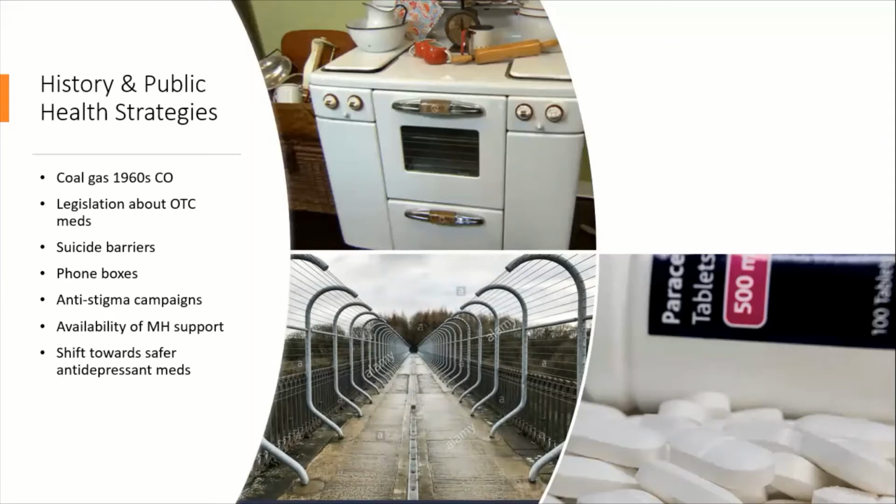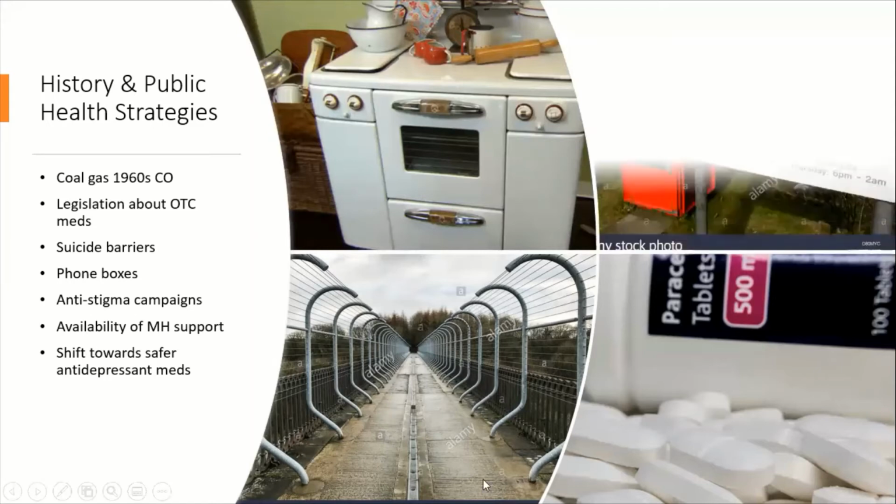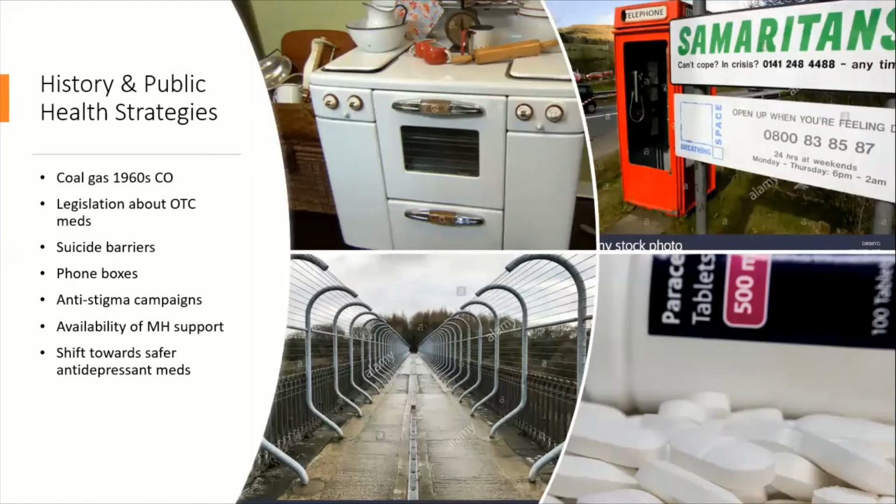So suicide barriers, I'm talking about on bridges and in particular locations which are hotspots, or particular areas which have a reputation for suicide. And that's an example of suicide barriers around a bridge. And some strategically placed phone boxes and Samaritan signs, and this breathing space sign as well, in certain hotspots with a reputation for suicide has also helped, because it allows that person who's thinking about suicide to perhaps reach out